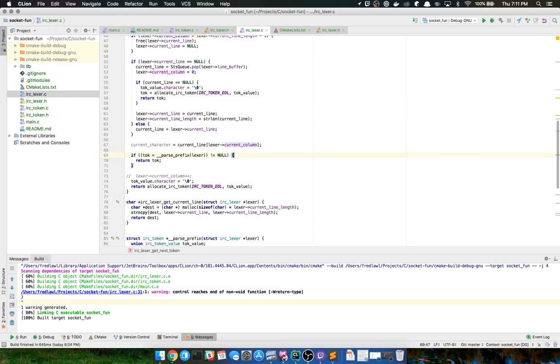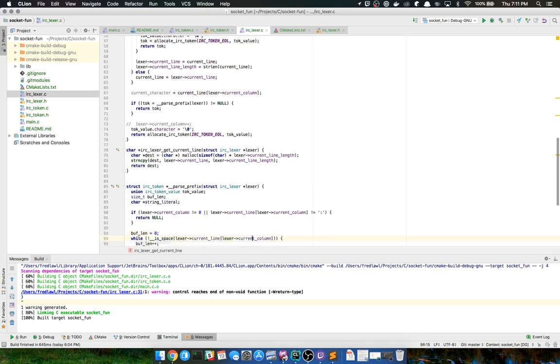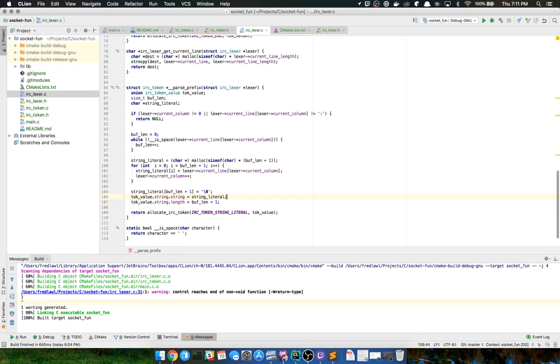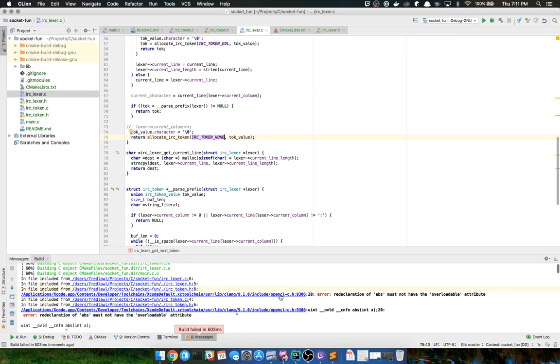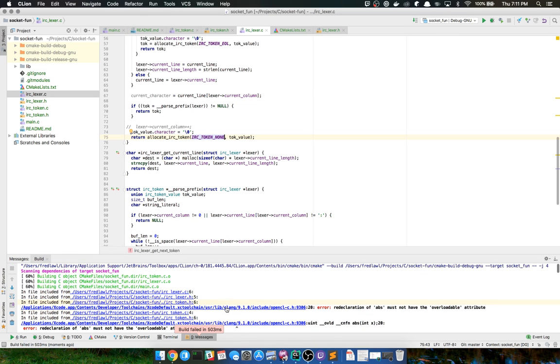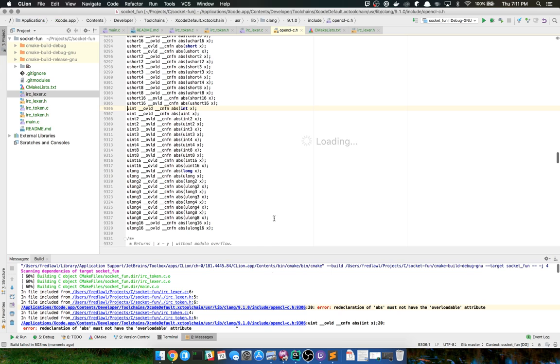Let's see. I'll do token none for now because I want to do a test. I want to make sure that this is all working. So let me build it. Oh, a couple of errors. Let's see here. What does this one say? Oh boy.